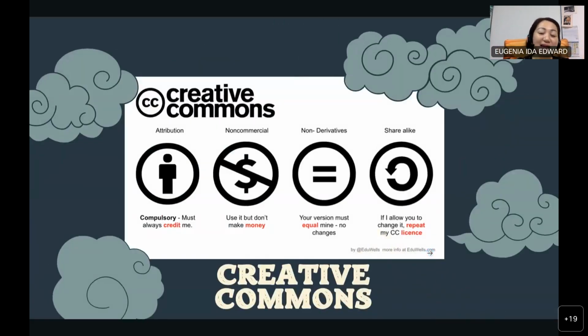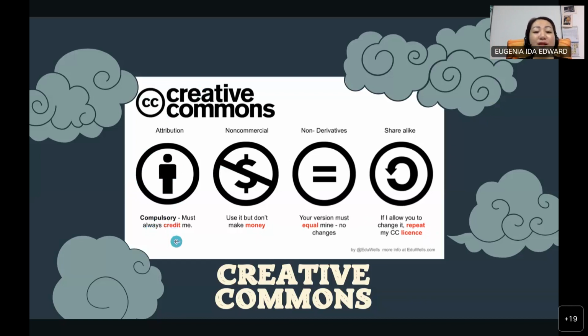We usually see this. I think Dr. Kenneth is the expert on Creative Commons. He has talked a lot about this during the past roadshow, and the Pusat e-Pembelajaran YouTube video is still up there to tell you more. I'm just going to go through this briefly because we have a lot of things to talk about for ITEL and PTG. So CC BY, as you can see, this is compulsory.